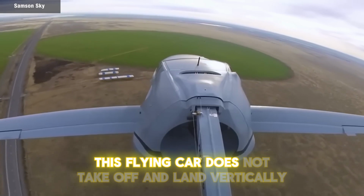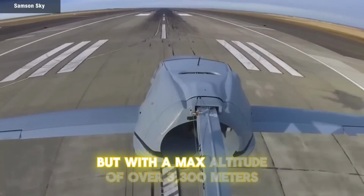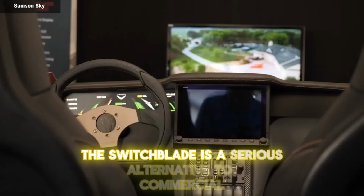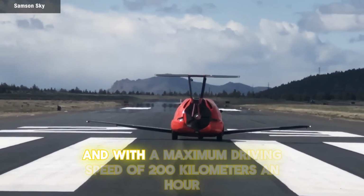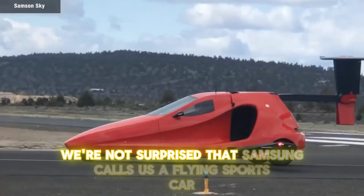This flying car does not take off and land vertically, so it's going to need some runway space to fly. But with a max altitude of over 3,300 meters, the Switchblade is a serious alternative to commercial and private air-only travel. And with a maximum driving speed of 200 kilometers an hour, we're not surprised that Samsung calls this a